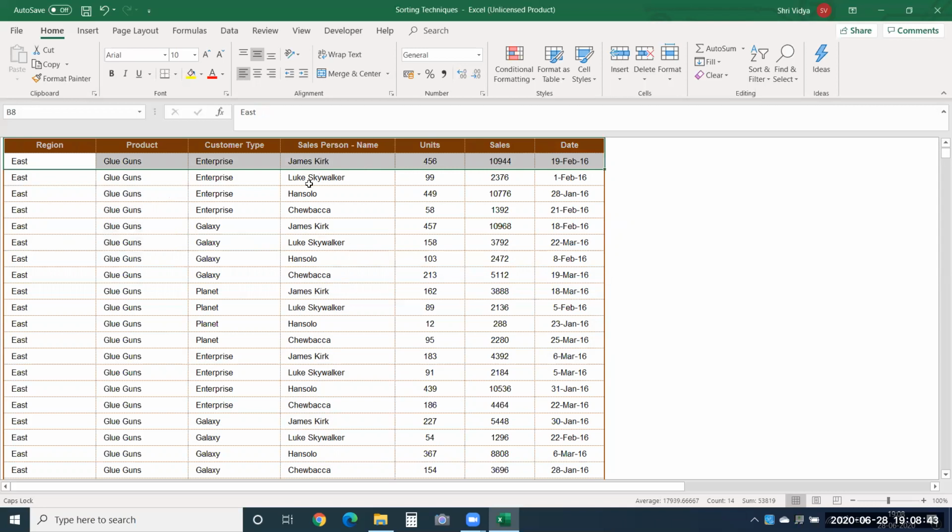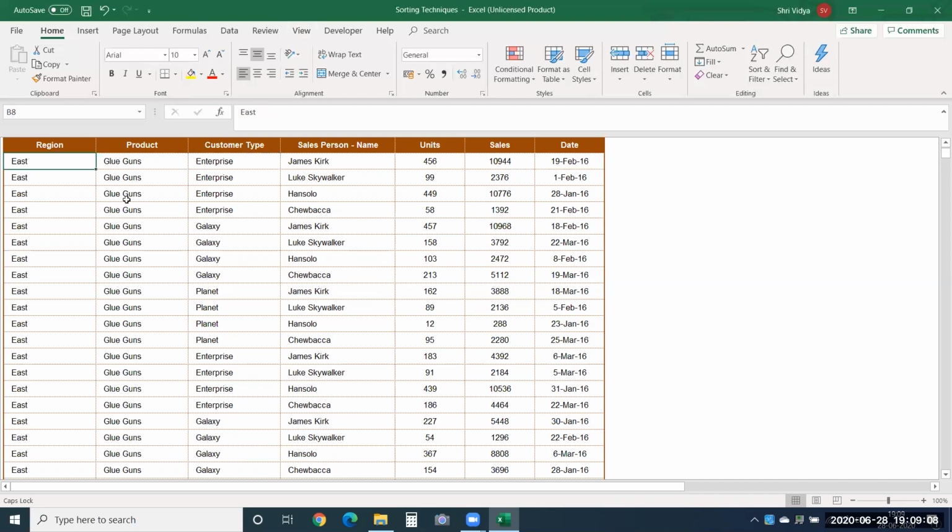So if you observe it carefully, this record is saying on 19th Feb 2016, James sold 456 units of glue guns and he achieved 10,944. He sold it to an enterprise customer type in East region. That is one single record over here.